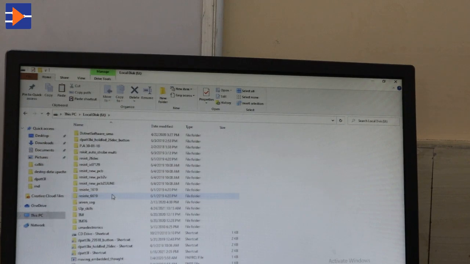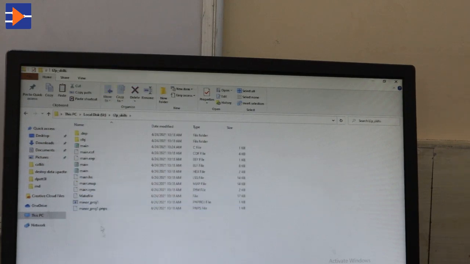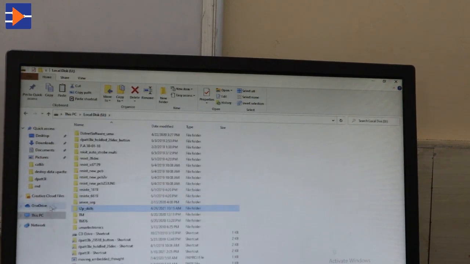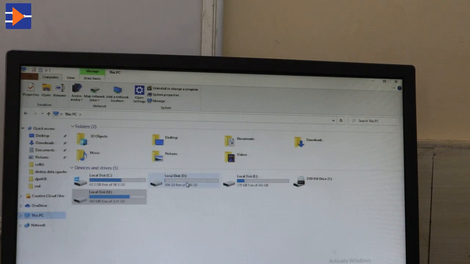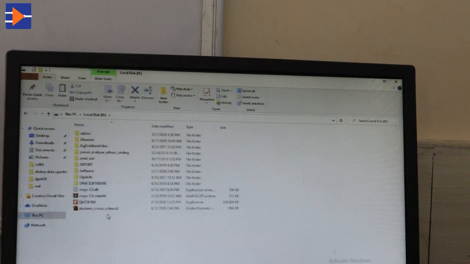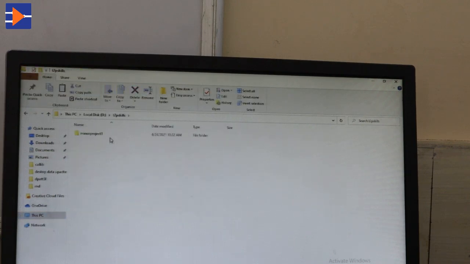So let me copy these two files, one is the main file and one is the make file. Control C. I am saving these files in the D location, T2P skills, minor project 1. You can see here one is main and one is make file.